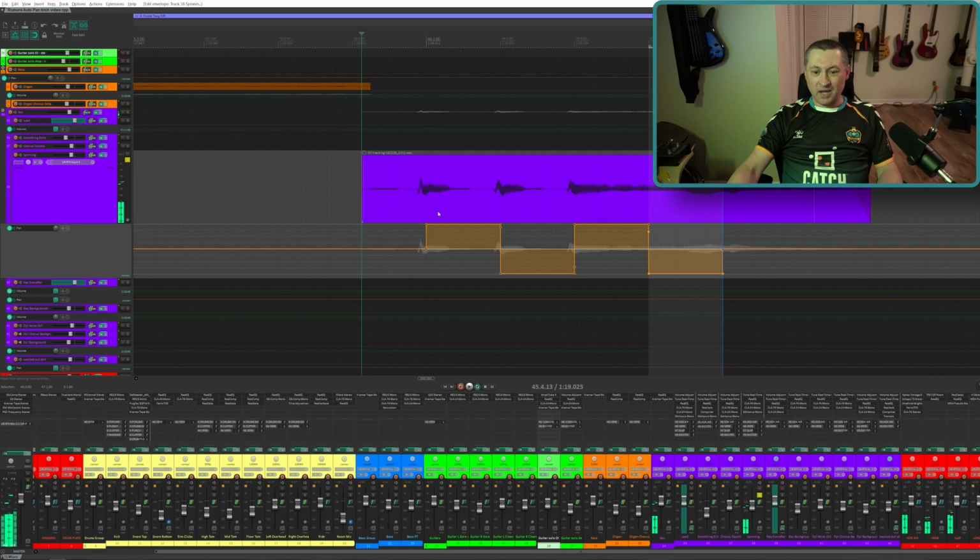Spinning around. The problem with that is it's a hard pan, so it's immediately left, immediately right, and back and